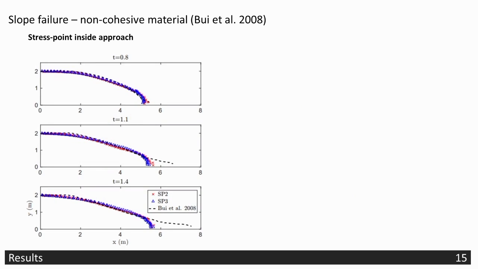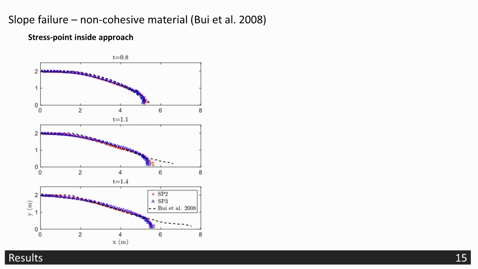So these are just the results of standard SPH, the time evolution of the material. And when I modeled this problem with having the stress points inside the 4 nodes, the runout distance was severely underestimated by the stress particle method. And that's because this method of updating the position of the stress points is insufficient in areas where there's a high velocity to ensure that you always have enough interpolation points for the velocities and vice versa for the stresses